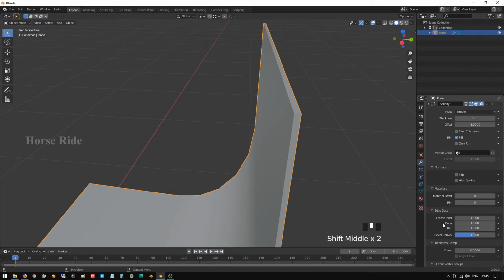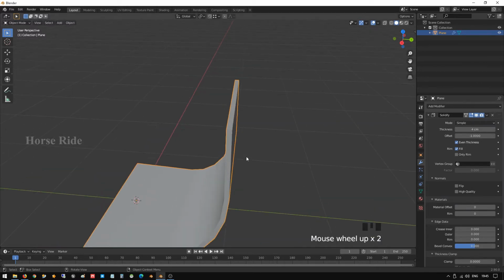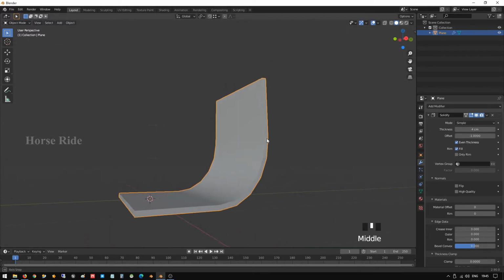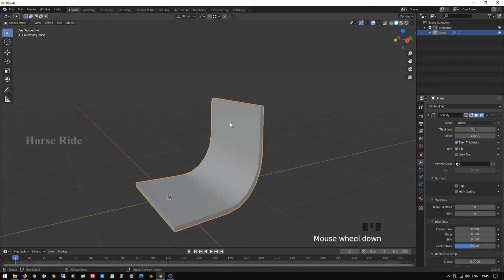Okay, the version I'm using is Blender 2.9, which is the latest version you can see. So here you have to take even thickness, and I'm going to increase it to 5 centimeter. So let it be 5 centimeter thickness, and click apply. How to click apply? Here is the one arrow mark, or you can use Control A. So I'm going to click apply.